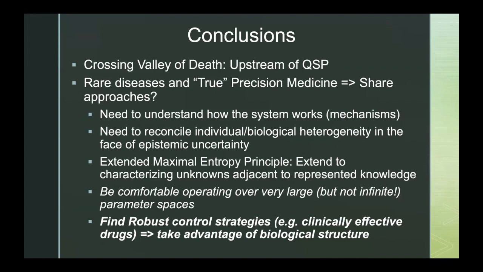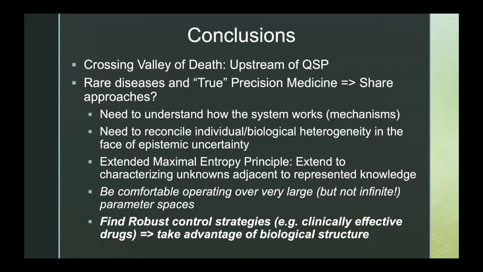We need to figure out how to encompass biological heterogeneity in the face of epistemic incompleteness. We use this principle of maximal entropy to make sure that we haven't missed something and to provide a test bed for the robustness of any control that we come up with. It requires a fairly substantial change in mindset, because now you're dealing with extraordinarily large parameter sets. You're dealing with non-parsimonious models. You're dealing with millions and billions of simulations. It is daunting. But the theory here is that you can't actually do it any other way